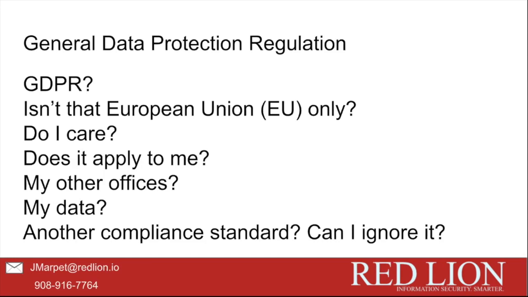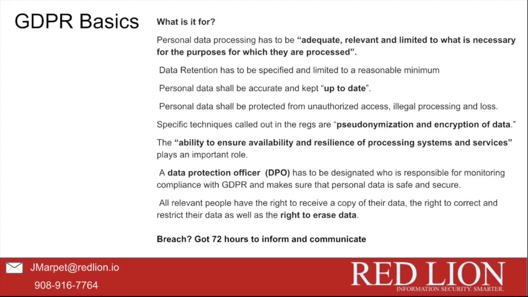So GDPR is to make sure that personal data, and that's what it's focused around, people's personal data, is protected. That's PII or ePHI, and I'm sure you've heard those terms. PII is personally identifiable information. ePHI is electronic personal health information. Basically, data that is about a person under GDPR is owned by the person, and they have to consent to anything you want to do with the data. You want to store it? They've got to agree to it. You want to process it?